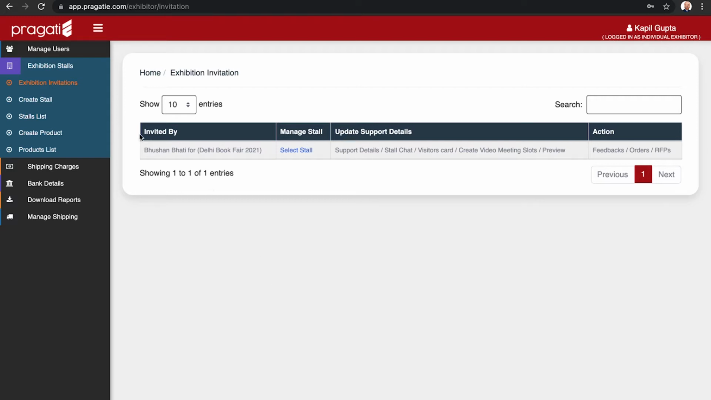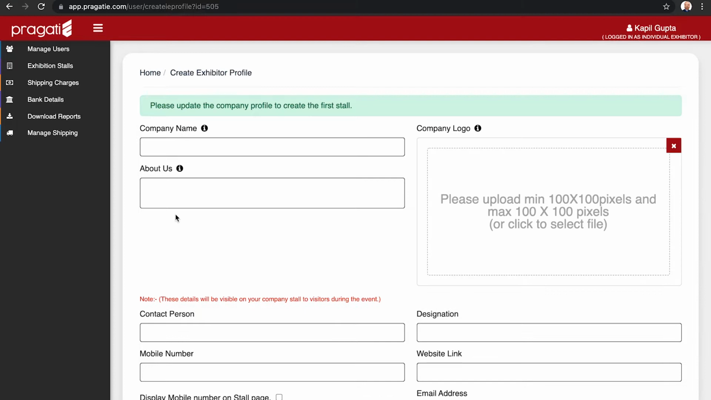Now, all you need to do is on the left hand side, click on exhibition stalls and then click on create stall. So once you click on create stall, you will be able to see all of these details. So fill in your company name, fill in your about us, what the company is about,